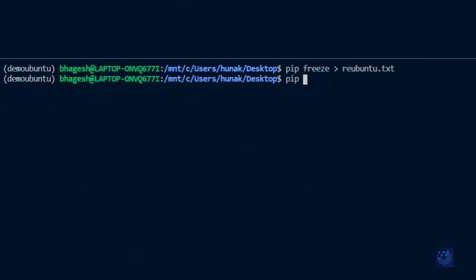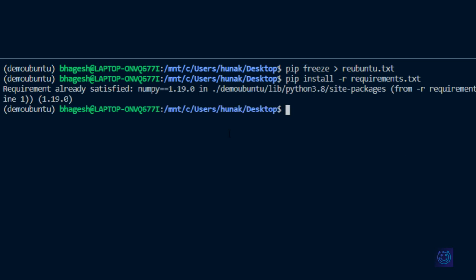We'll type in pip install -r and the name of the file, which was requirements.txt. And if we hit enter, it says requirement already satisfied, since NumPy has already been installed in this environment. So this is how you install modules from one environment to another, or from one system to another